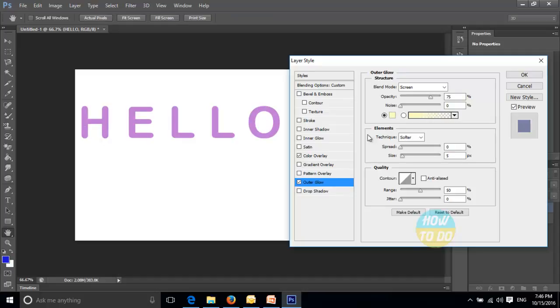Next comes the outer glow. In outer glow, we will be able to make some kind of changes to the outer layers.